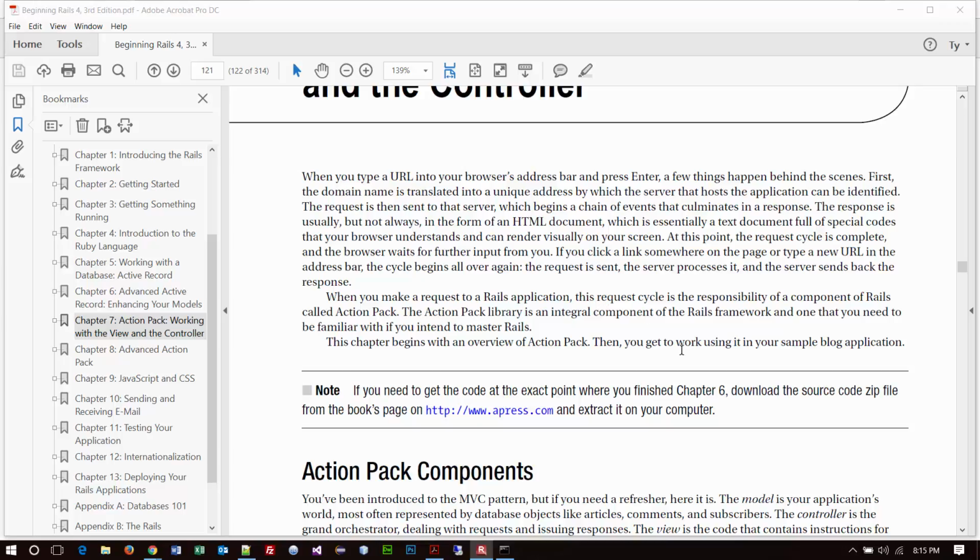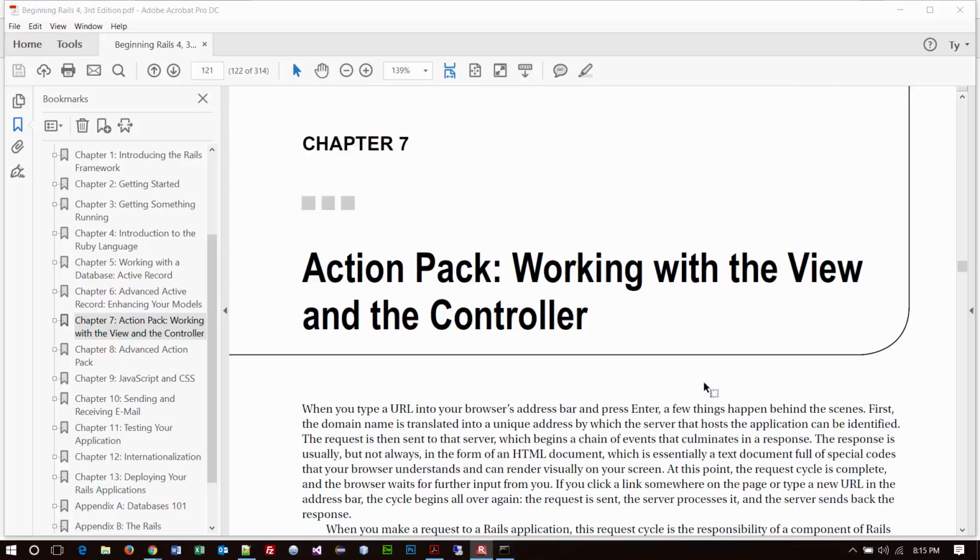All right, folks, we finally have finished Chapter 6 and we're moving into Chapter 7. So goodbye Active Record and hello Action Pack. And what's cool about moving to this chapter is we're going to finally start working with the other two components